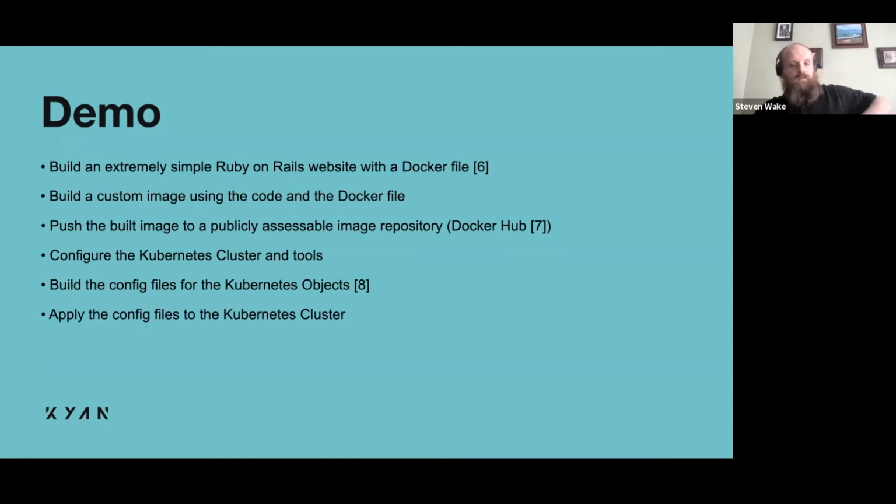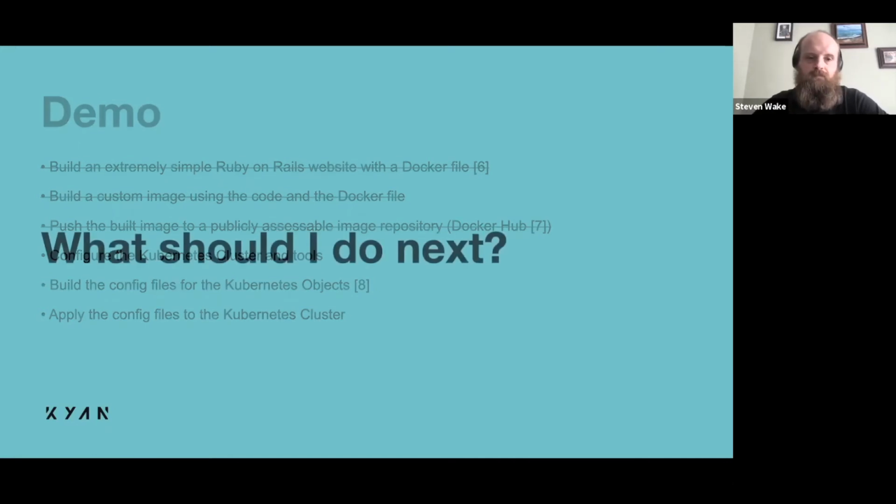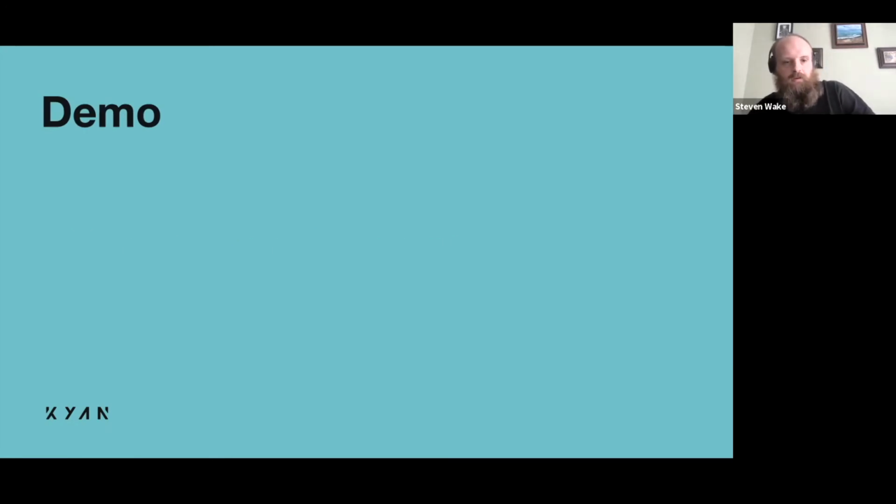Kubernetes supplies a command line app called kubectl, and we're going to use it to both apply the configs and then interrogate the configs afterwards. Unfortunately, those top three things actually take quite a long time to do, so I had done them prior to this. I'll show you what I've done, but I'm not going to make you sit there and wait 10, 15 minutes while an image builds. So, let's go to the demo.